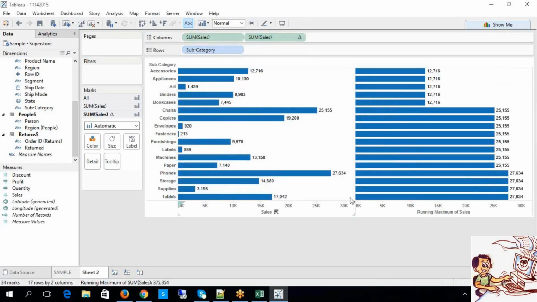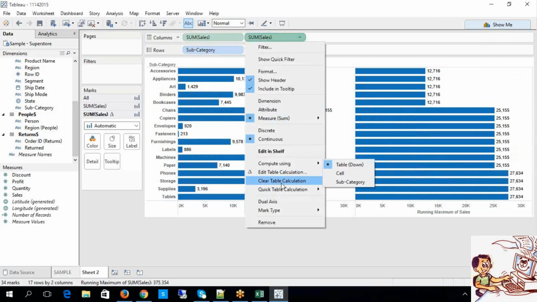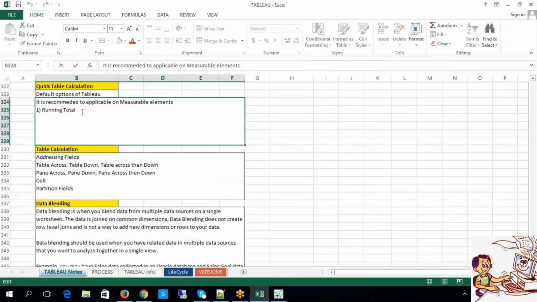Likewise, right, guys? You are able to see the difference, right? So in this way you can perform running total. You can also call it running sum.